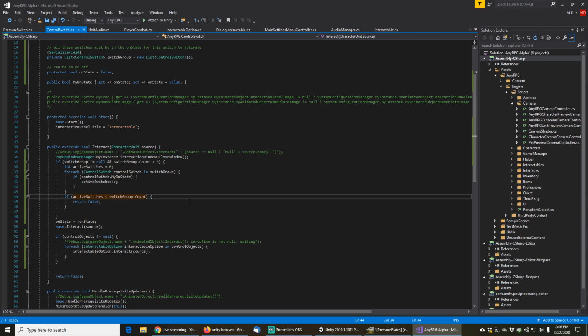So essentially, we only want this condition to run when we are attempting to turn the thing on. So we need to actually add a new condition to this, and that is basically if onState is false, and active switches is less than the switch count, then just return false. Otherwise, if onState is true,